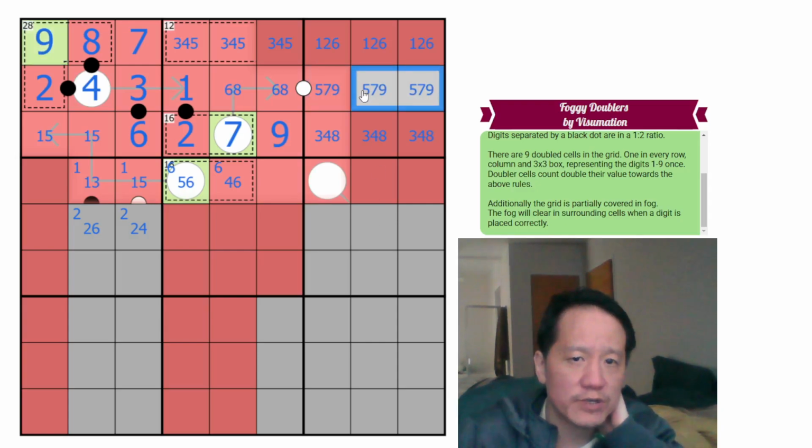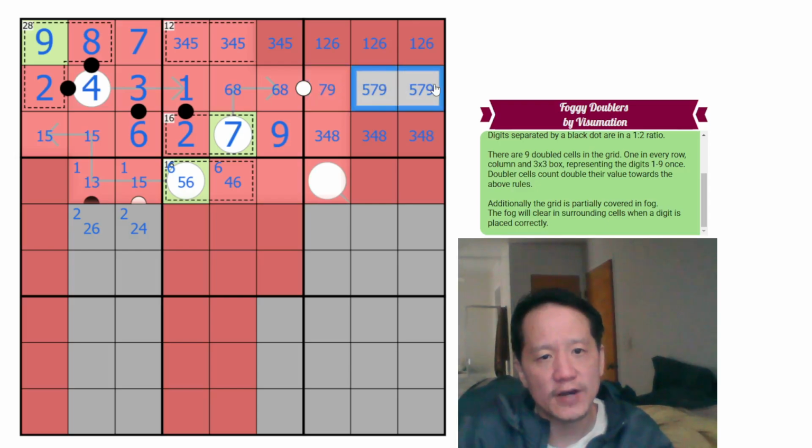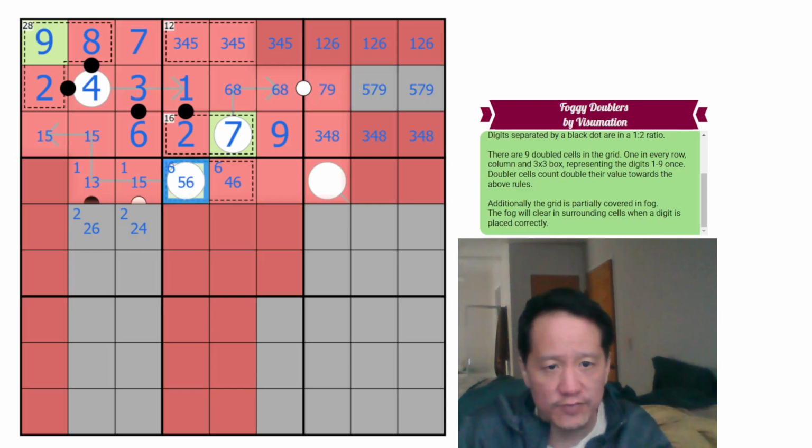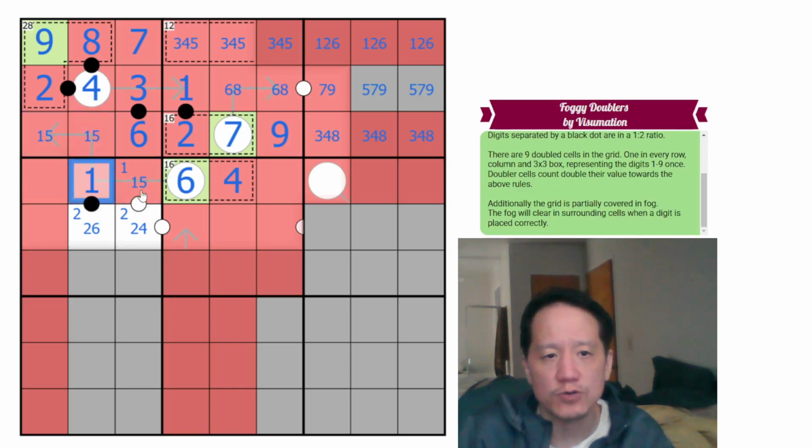Therefore, it must be a 5 here that's being doubled. So therefore, this cannot be 5. This is 7 or 9. The 5 is doubled, so this can no longer be 5 doubled. This must be a 6 that's doubled, which makes this 6 doubled with a 4. So this adds up to 12. So this must be 6, and this must be 6, which means this is a 1, and this is a